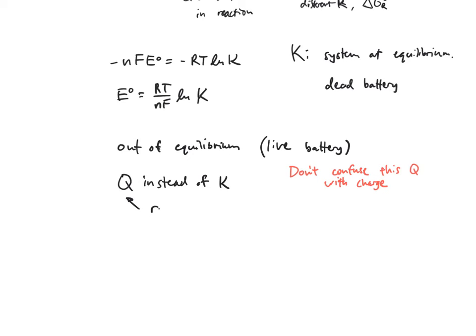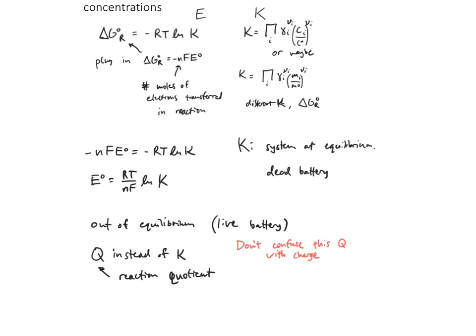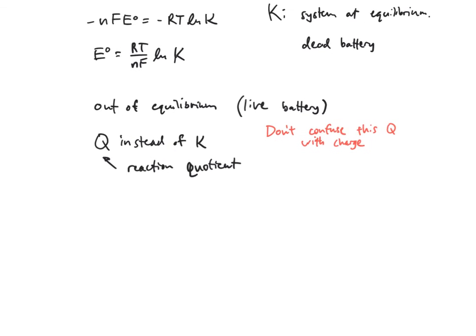And this Q is called the reaction quotient. So again, all these same equations up here apply to big Q. We're just going to have a set of concentrations that are out of equilibrium. Then in that case, our equation will change slightly, and we'll have E, the electromotive force that the battery is imposing, is going to equal E naught minus RT over NF,